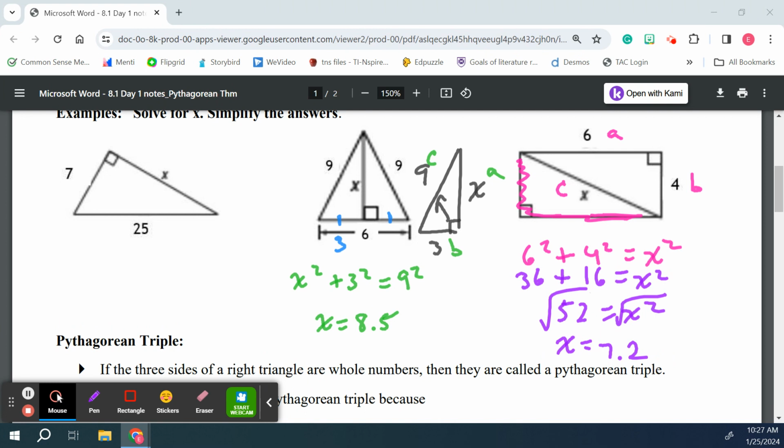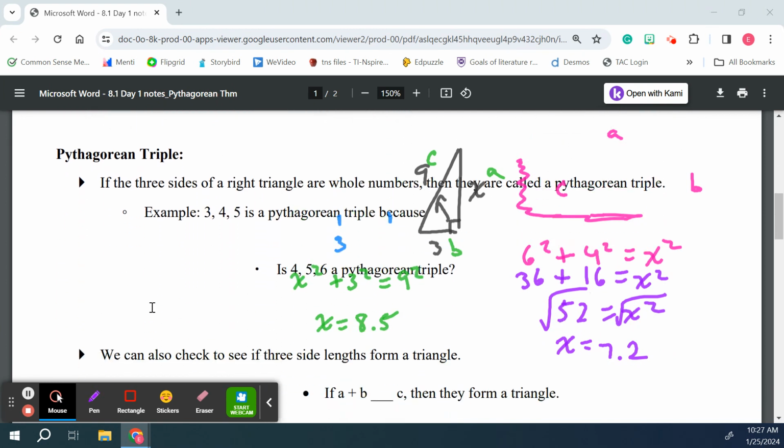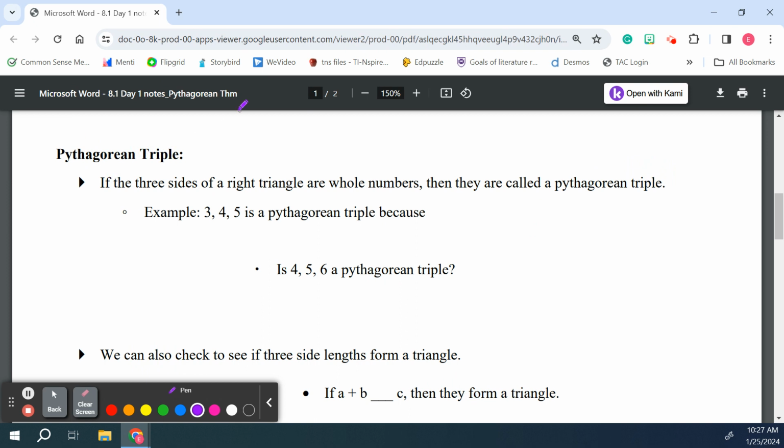Okay, guys. So let's take a look at what a Pythagorean triple is. Anybody still writing this down before I erase? All right. Pythagorean triple: if the 3 sides of a right triangle are whole numbers, this does not work for decimals, and it doesn't work for negative values, obviously, then they are called a Pythagorean triple. So an example of a Pythagorean triple is 3, 4, 5. It is a Pythagorean triple because,